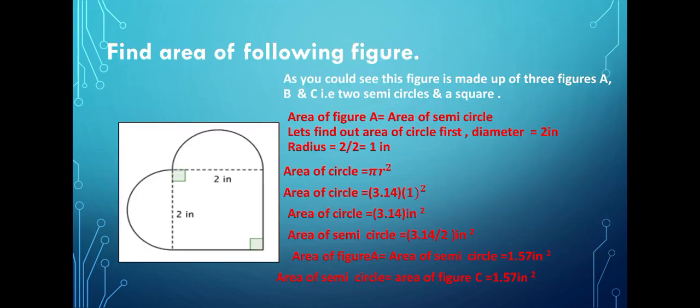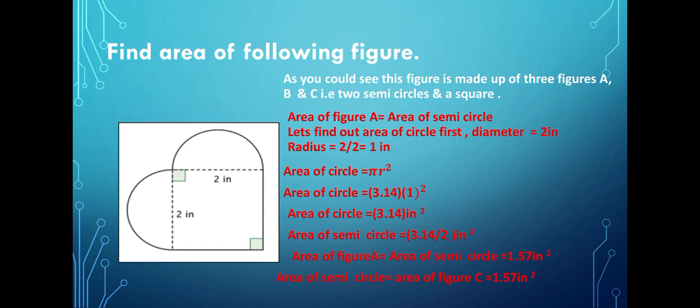Now find the area in the following figure. As you can see, this figure is made up of three figures, A, B, and C: two semicircles and a square. So area of the figure is equal to the area of the semicircles plus the square. Let's find out the area of the circle first. Diameter is equal to 2, so radius is 2/2, that equals 1. So area of circle is equal to pi r squared, which is 3.14 multiplied by 1 squared, so 3.14 inch square. So area of semicircle is equal to 3.14 divided by 2 inch square,